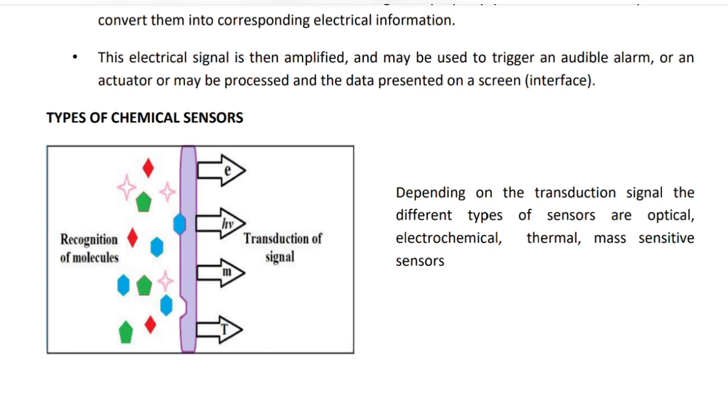First, the recognition molecule, then the sample contains different chemical species which interact with the transducer part, and it provides some changes, right? Those changes may be electrical, optical, a change in mass, and also some temperature change. If it produces electrochemical changes, those sensors are called electrochemical sensors. Suppose the sample interacts with the receptor and it produces some optical changes, then that type of sensors